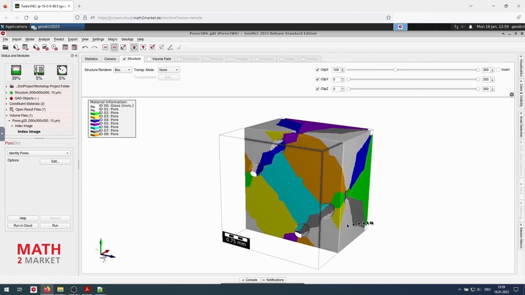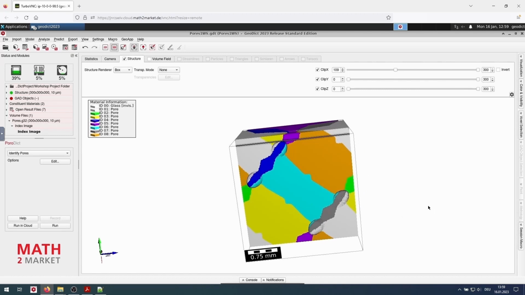But GeoDict also does an analysis and merges pores together, which seem to be one pore but got split up by the watershed algorithm too harshly. In this case, the watershed was not too harsh, but the merging threshold was too harsh.